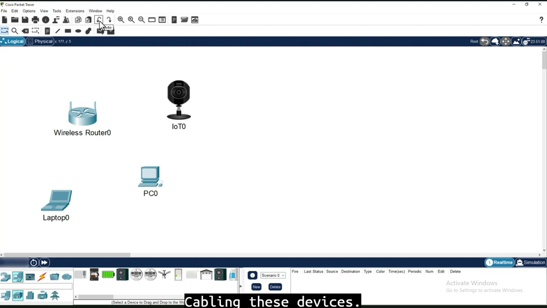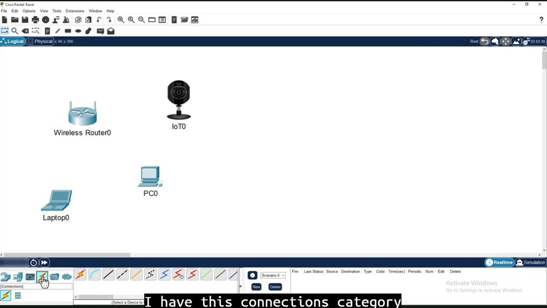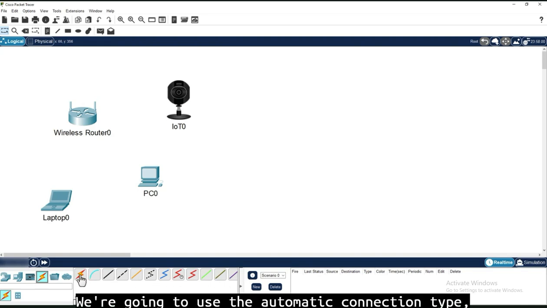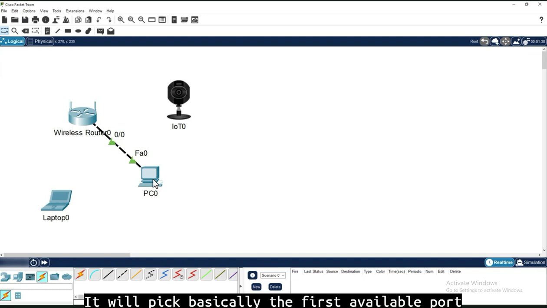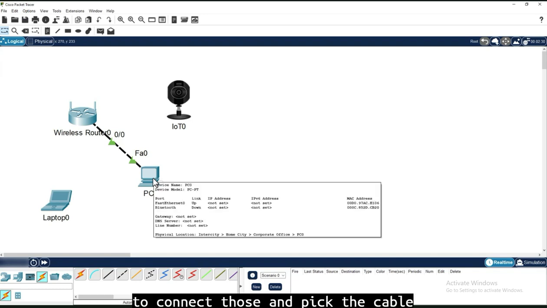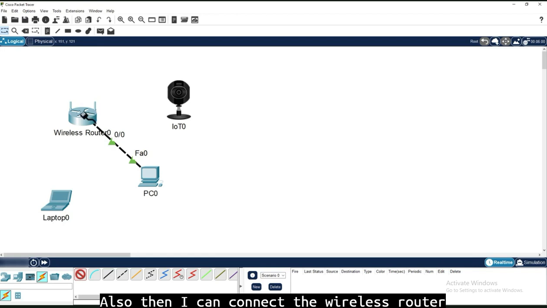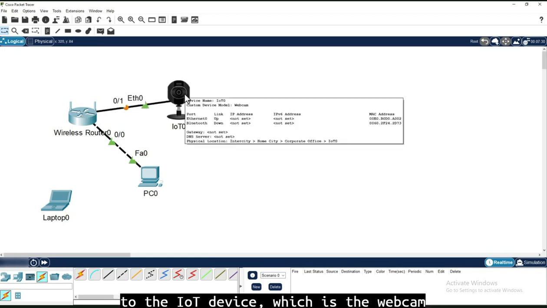Next, let's look at cabling these devices. So down at the bottom, I have this connections category. And you can see that I have a lightning bolt, which is the automatic connection object, or you can pick specific cable types if you know what cable type to pick. We're going to use the automatic connection type. From here, we're going to click on the wireless router and the PC. It will pick basically the first available port to connect those and pick the cable that it thinks is the most appropriate. Also then I can connect the wireless router to the IoT device, which is the webcam,